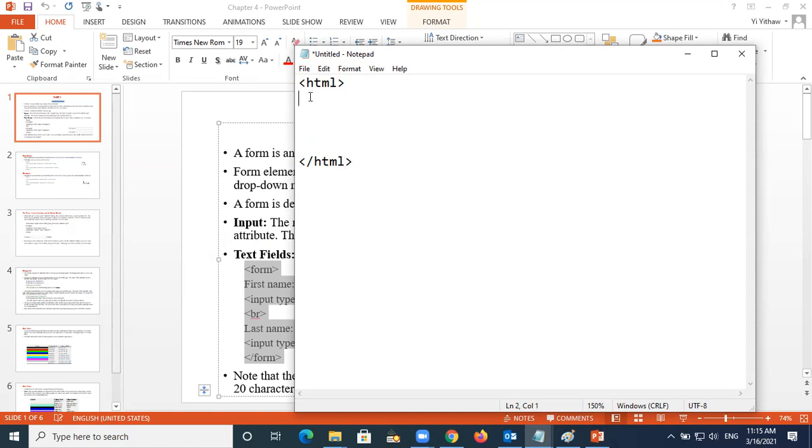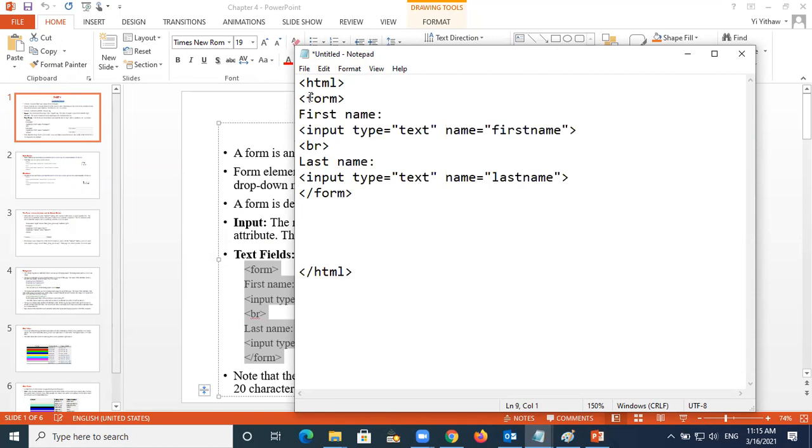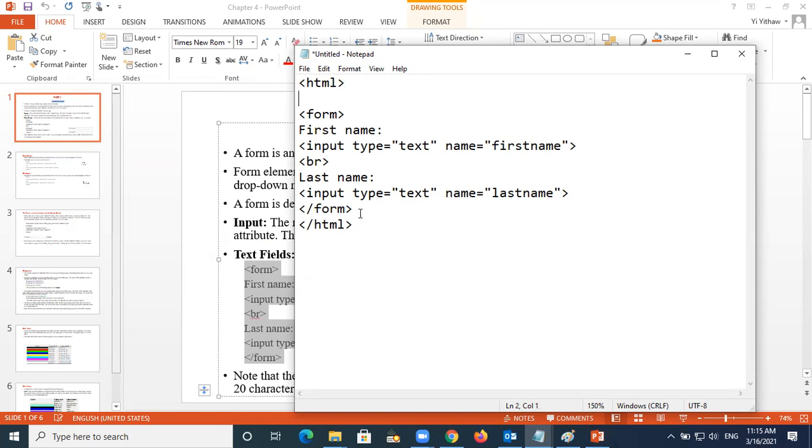Okay, so now I'm going to copy here. This I copy from the first slide. This is the form open, and then the form is closed. So inside the form we have two parts. The first part is first name and last name. First name is your first name, for example, like Amani or something like this.